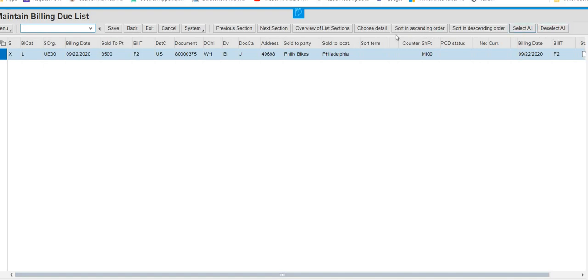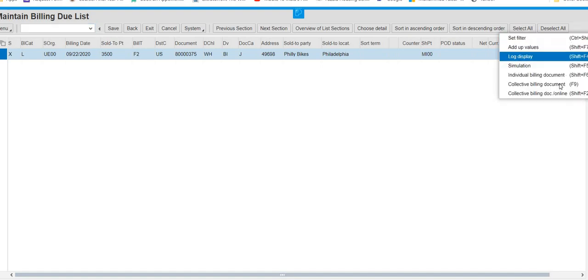Where is the collective billing document? If you are not able to find it, at the rightmost part of the screen there are 2 greater than signs. You will click on this one, which is actually more, and under that you will find the collective billing document.